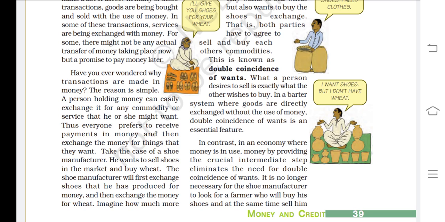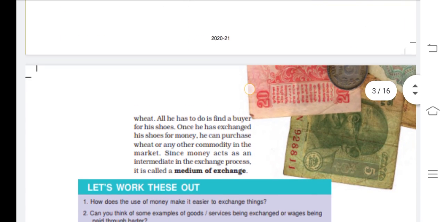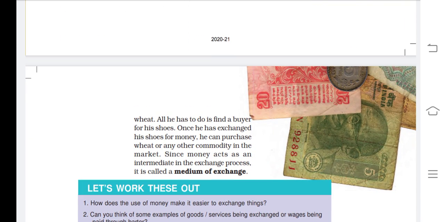It is no longer necessary for a shoe manufacturer to look for a farmer who will buy his shoes and at the same time sell him वीट। ओके। मतलब कि पहले क्या था कि शू मैन्युफैक्चरर था, उसे वीट वाले को ढूंढना पड़ता था, फार्मर को ढूंढना पड़ता था जो उसकी वीट दे भी सके और जो उनके शूज़ खरीद भी सके। All he has to do is find a buyer for his shoes. ओके, मीन्स वो अपने शूज़ के लिए एक बायर ढूंढ ले। ओके, उसे शूज़ बेचे और उससे सामने से पैसे मिले।